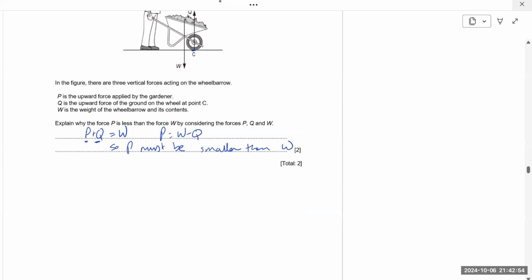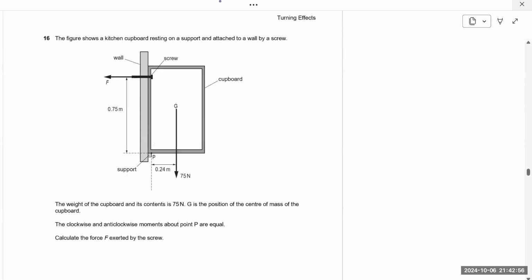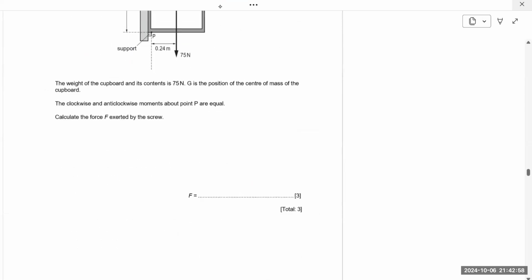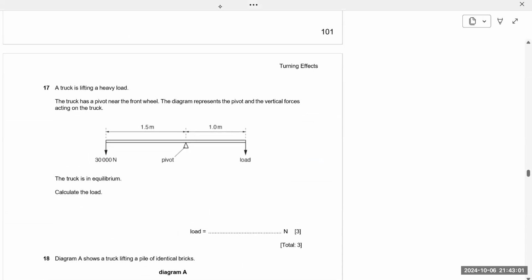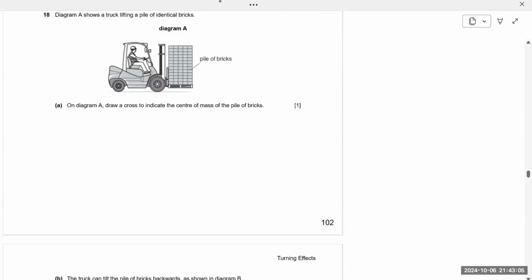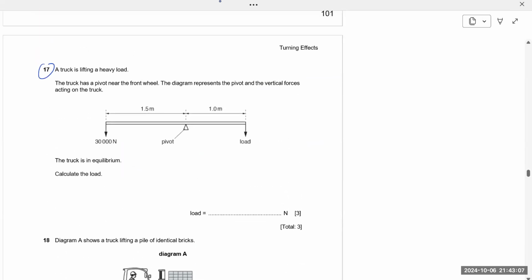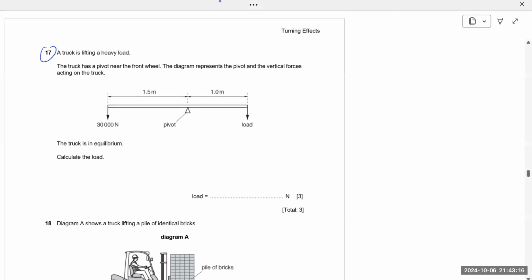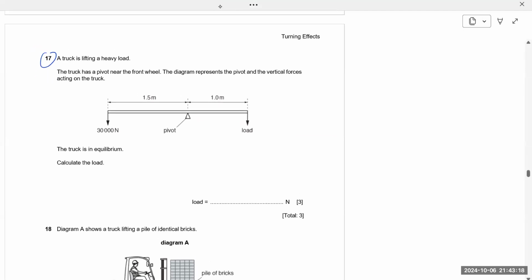Number 70. A truck is lifting a heavy load. On page 102. The truck has a pivot near the front wheel. The diagram represents the pivot and the vertical forces acting on the truck. The truck is in equilibrium. Calculate the load. أي مسألة equilibrium يا جماعة وأنا في حاجة missing مش عارفها محتاجة أحسبها، دايما لازم أحط الرول